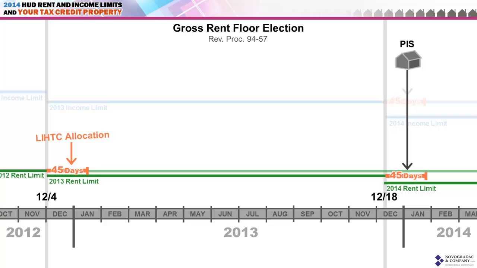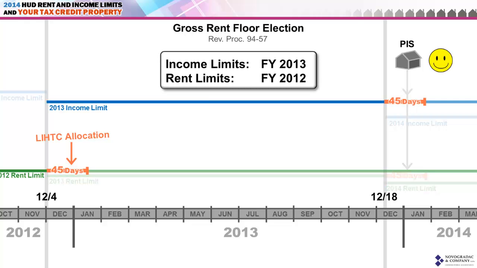For income limits, you'd still run through the same test, and for this project, you'd be using the 2013 income limits and the 2012 rent limits. So you do have a disconnect. It's important to point out that that rent